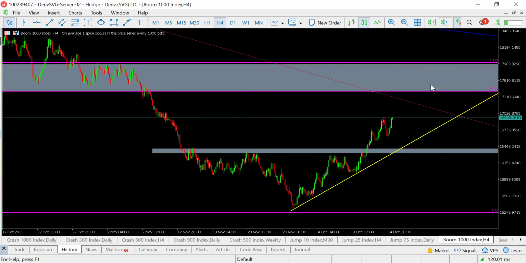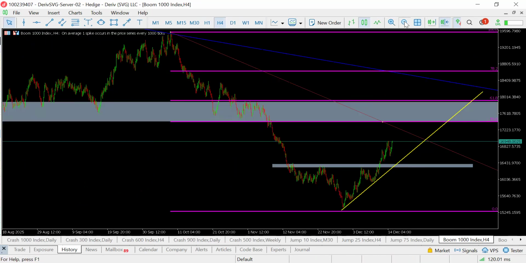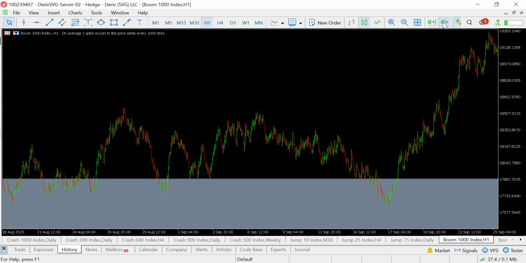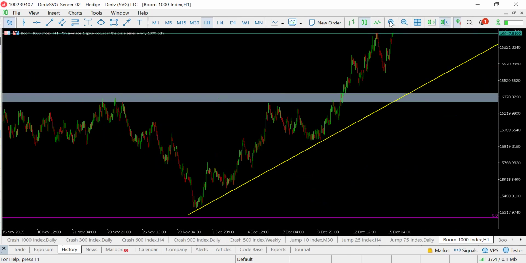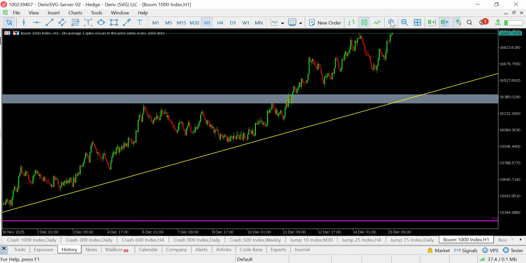So this is my take on the Boom 1000 index. And if you're into the trading of Deriv synthetic indices, you can always compare this with your own analysis. As you can see, it's a very simple analysis. We worked our way from the monthly time frame down to the 4-hour time frame. So even if we were to go to the 1-hour time frame, we can see that there isn't really anything to go by here, as price is still heading up,